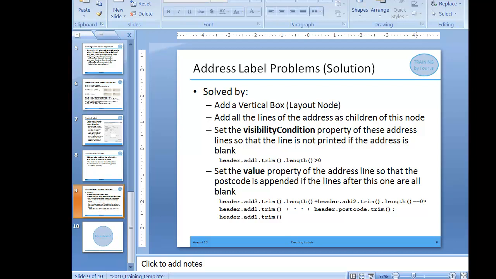So if you have a city, state, and zip on one line, we show you at the end of this that you may want to go ahead and test for that all as one line, but you will probably add a vertical box to it and then add those items to the vertical box. But the main thing is I want you to learn about setting the visibility condition. So you set the visibility condition property of these address lines so that the line's not printed if the address is blank. So if the line is a single field, like the address one, I can do